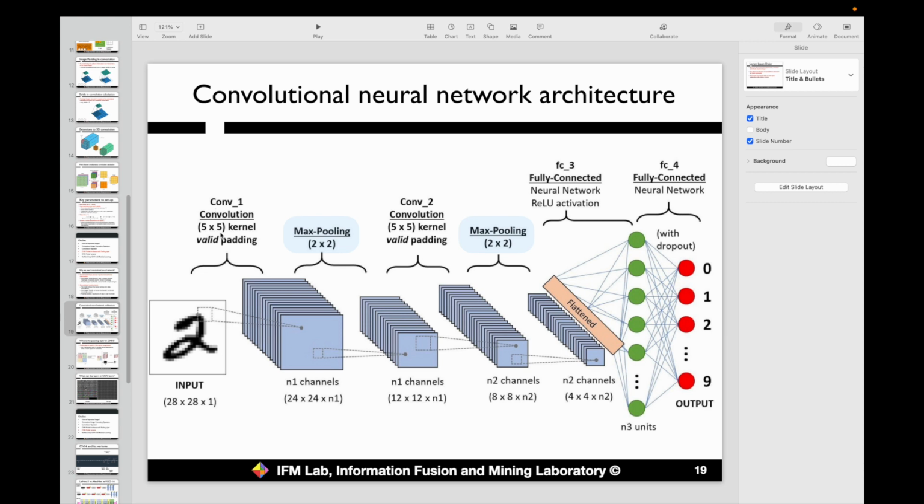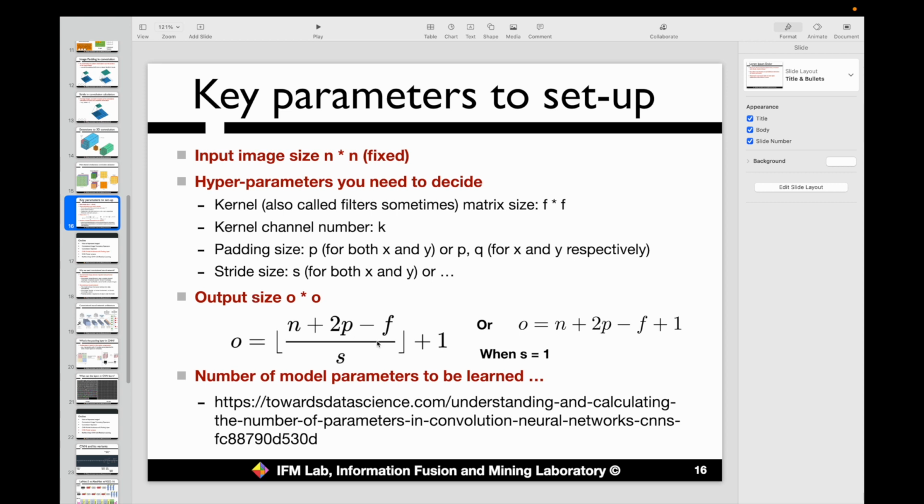So here the kernel size is 5 times 5, and given the input image 28 times 28, and with this 5 times 5 kernel, we can represent the output size to be what? According to the formula we showed before, we have the input size n to be 28, and we have the P, denoting the padding, to be 0, and we have the stride to be 1, and we have F to be 5. Then it will be 28 minus 5 plus 1, right? It will be 24 times 24 as the output